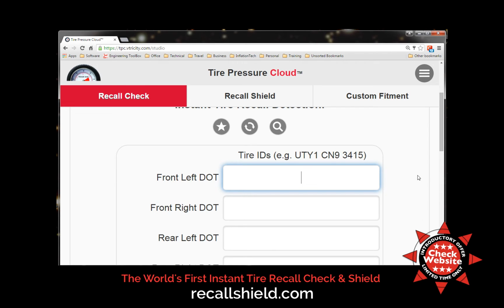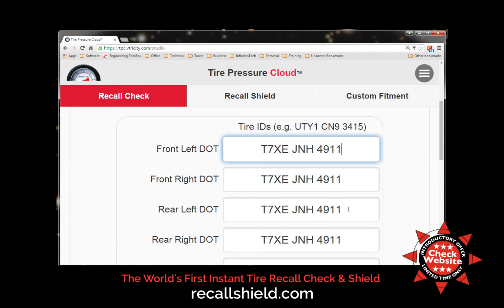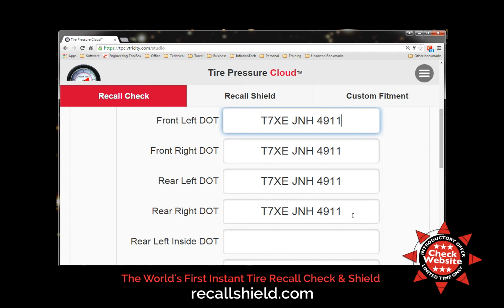So this vehicle's got a T7XEJNH 4911, and you see that it copied these down, the first 4, because 4 tires are pretty common on vehicles. All right. Turns out in this case the front 2 tires are these. The rear tires,